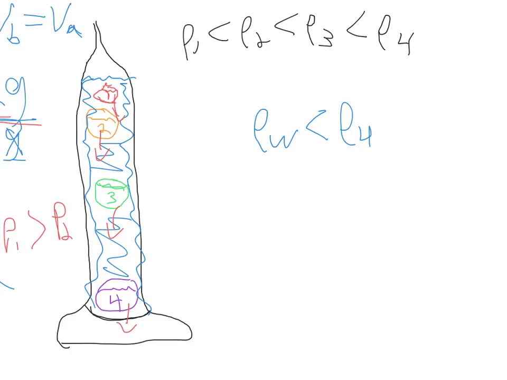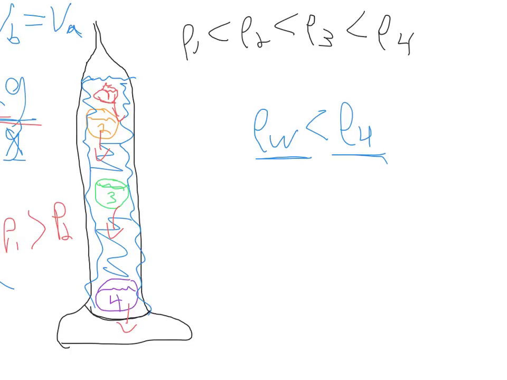Because again, things float if their density is less than their fluid, and they sink if their density is more than the fluid. Okay, so since the density of the water is less than the density of object number 4, 4 sinks like a rock, because a rock's density is more than water, and so therefore they sink. A piece of wood, its density is less than water, and therefore it floats. But these things are so close, all of them are so close to the density of water, what happens is,